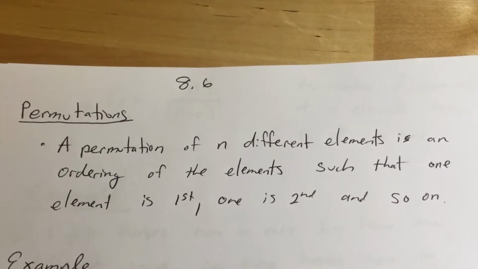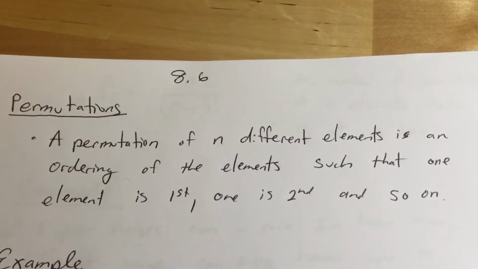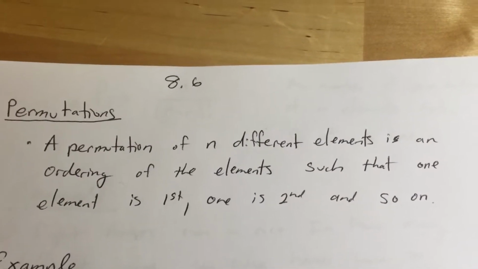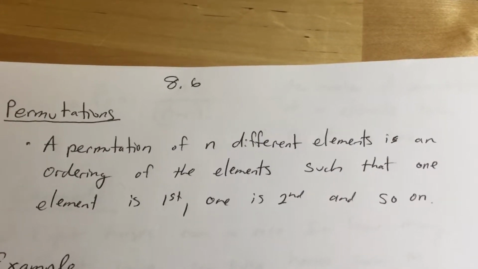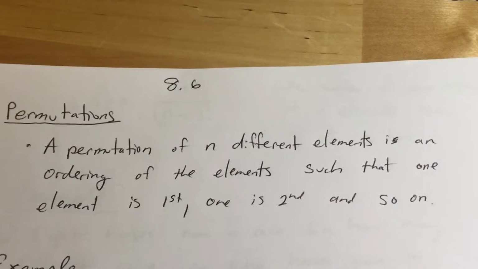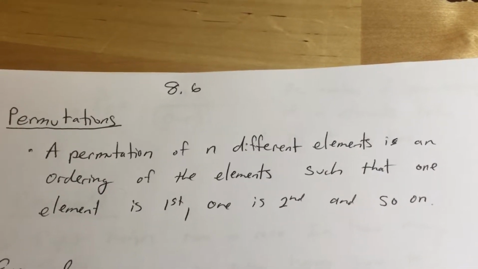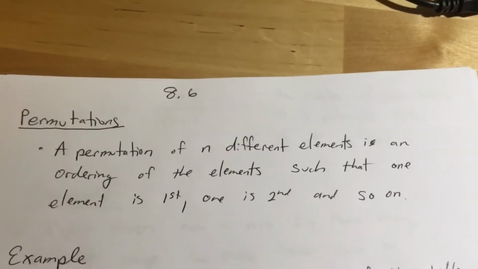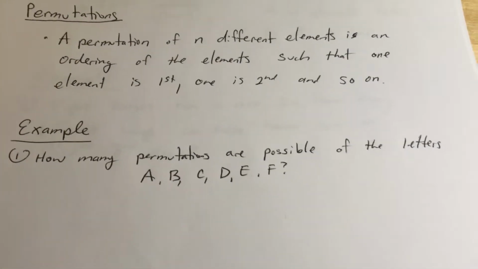A permutation of n different elements is an ordering of the elements, such that one element is first, one is second, and so forth. So again, a permutation is just the ordering of all of our letters or our numbers or our groups of things. You're going to find this is very similar to things that we've already learned about, such as